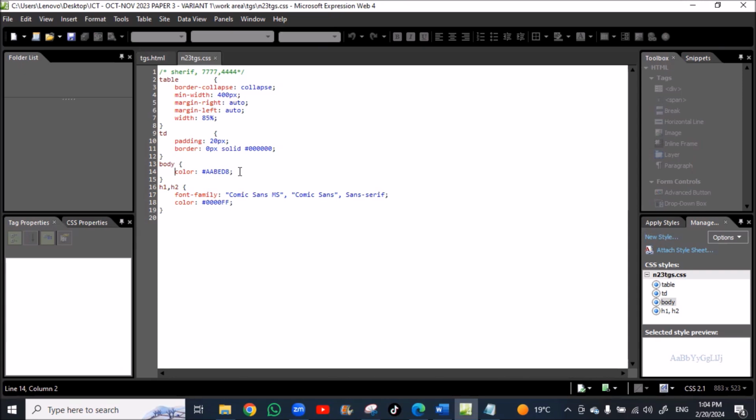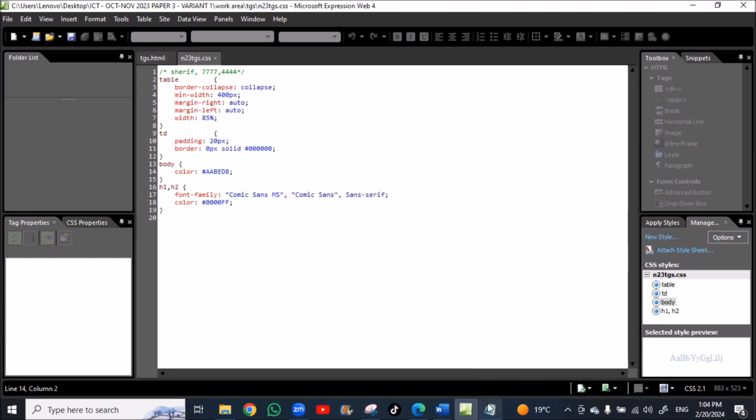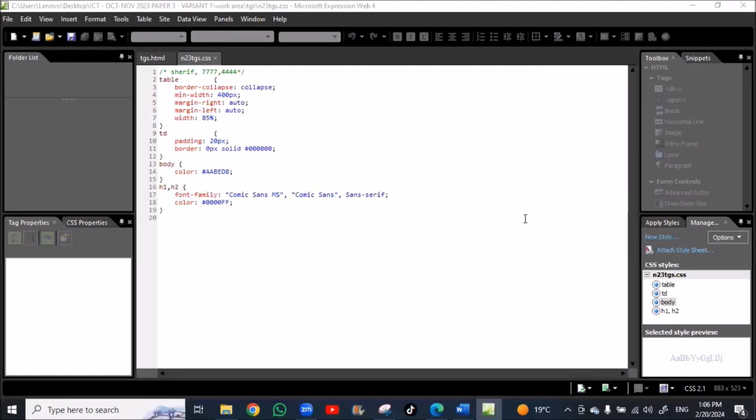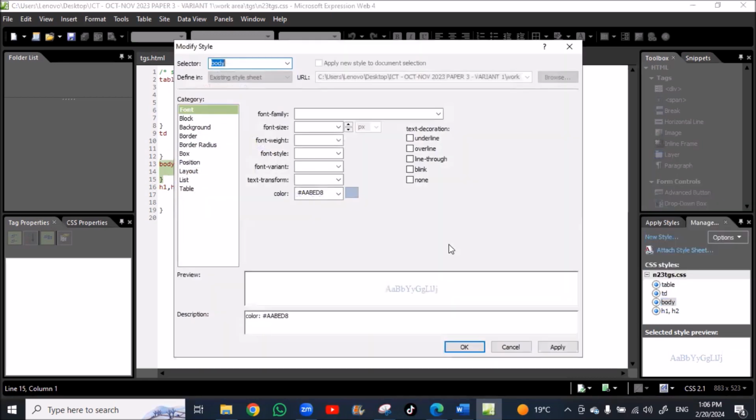This is the body color. Okay, we made a mistake: in this body modify style, this color has to be for the background.